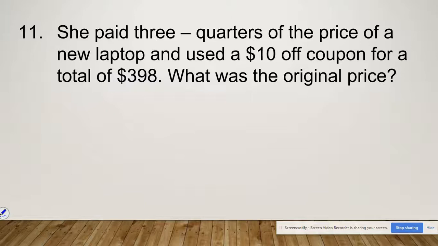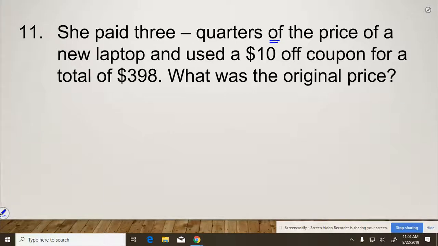That word of implies that we're multiplying 3/4 by the price. So let's write 3/4 of P, P for price, and used a $10 off coupon. Since she used a $10 off coupon, she's decreasing the cost again by $10 and spent a total of